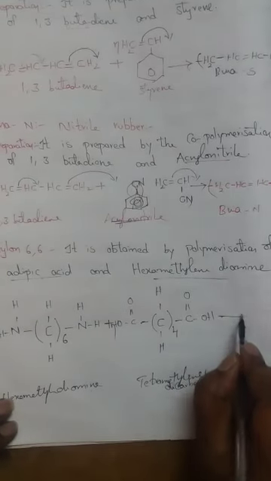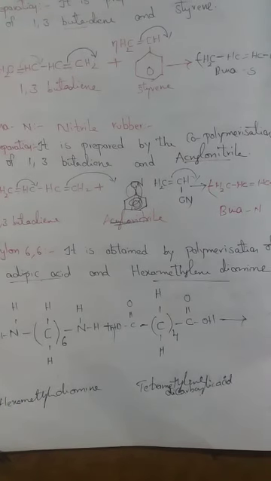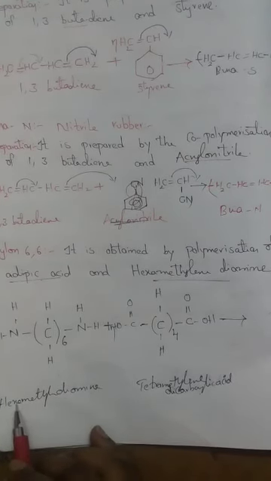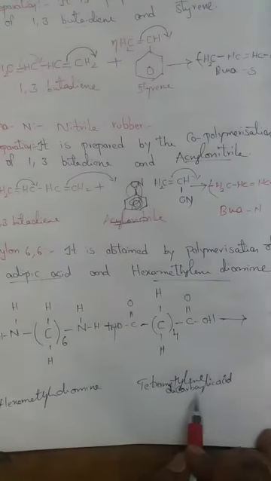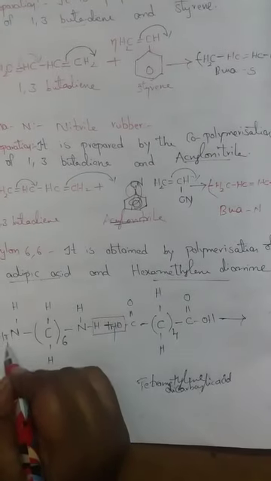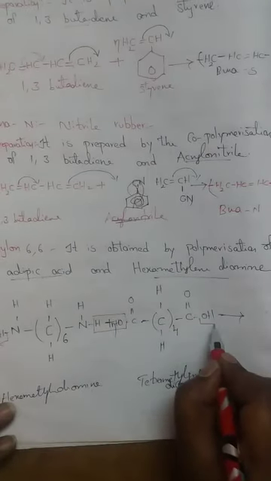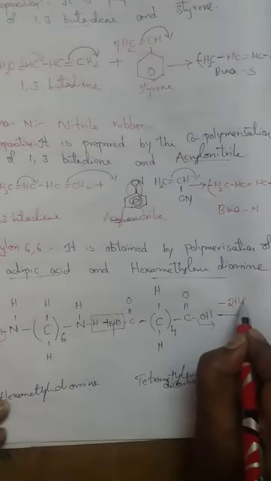Now here there is an elimination. Why? Because it is a condensation polymerization. What is to be eliminated? Listen carefully. The H in hexamethylene diamine and the OH in tetramethylene dicarboxylic acid give H2O. This H here and this OH here. So how many moles? 2 moles of H2O is removed.